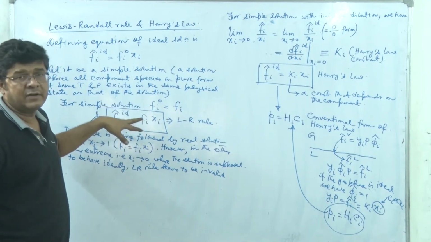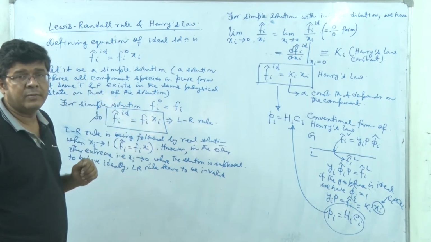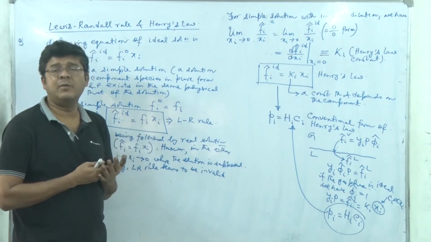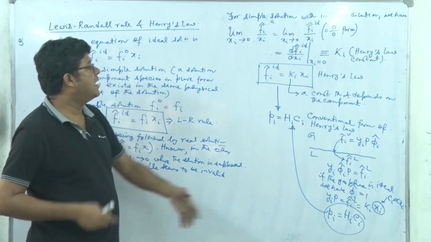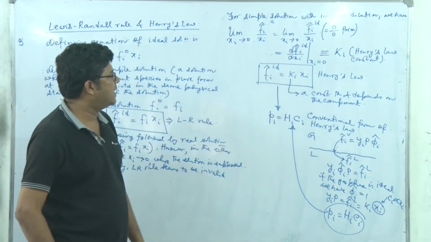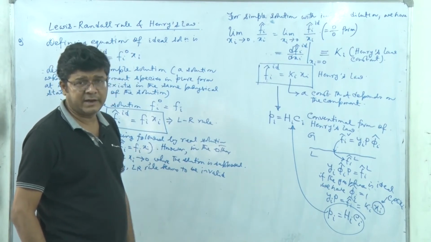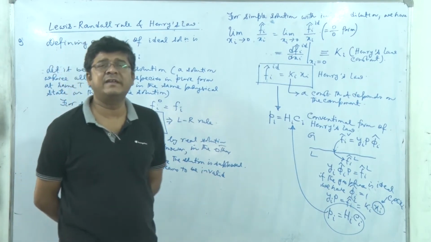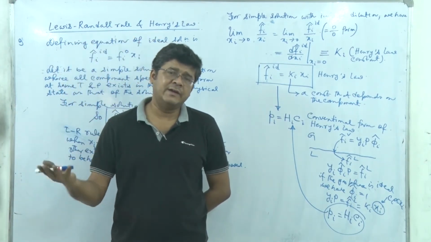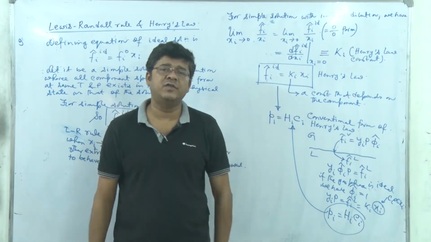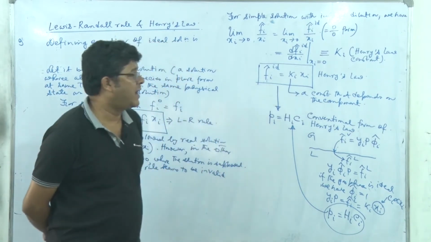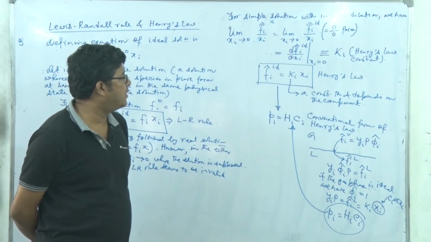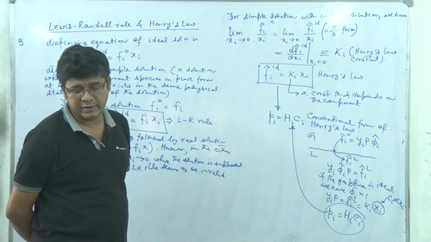Generally, this Lewis-Randall rule is followed by a real solution when we have a near purity state of that component. That means Xi is tending to 1, and Henry's law will be followed by a real solution at infinite dilution. So for real solution behavior in the intermediate range of Xi, where Xi deviates from 0 and also from 1, Fi cap for a real solution is definitely not going to follow the Lewis-Randall rule, nor will it follow Henry's law.